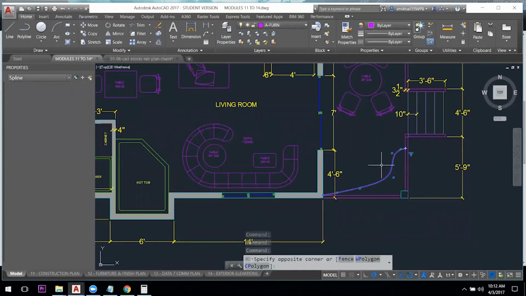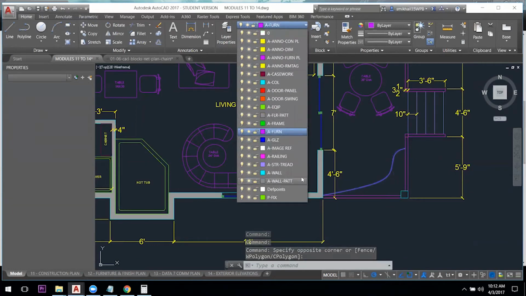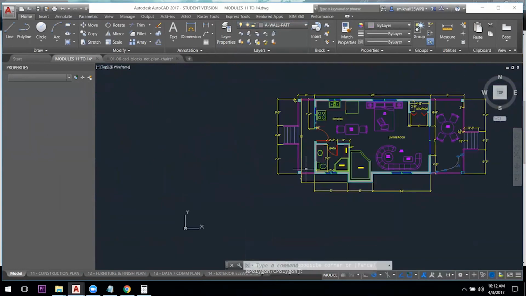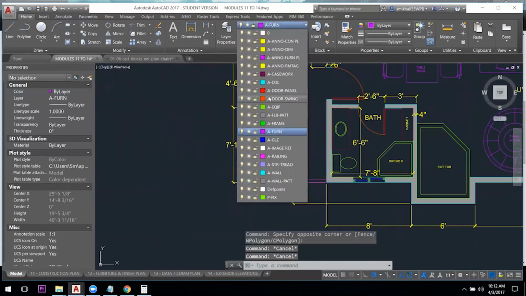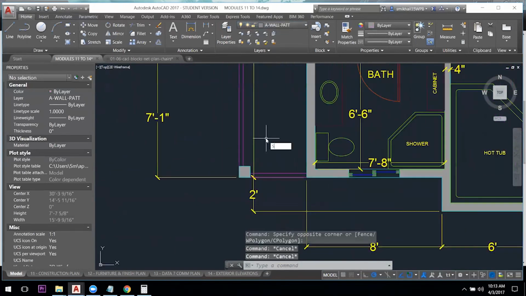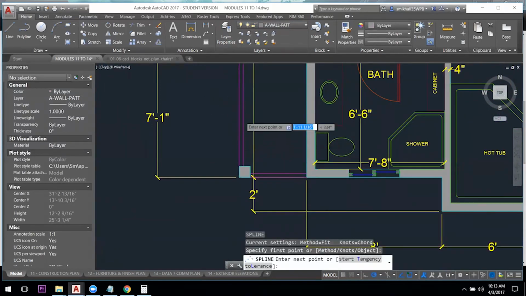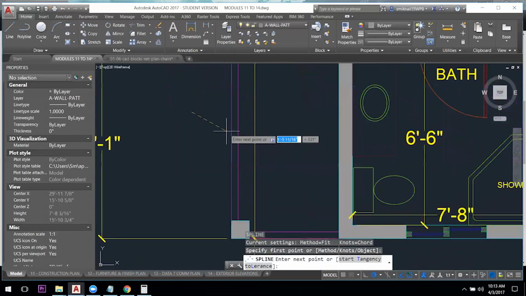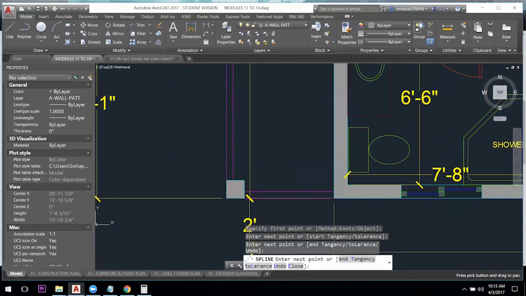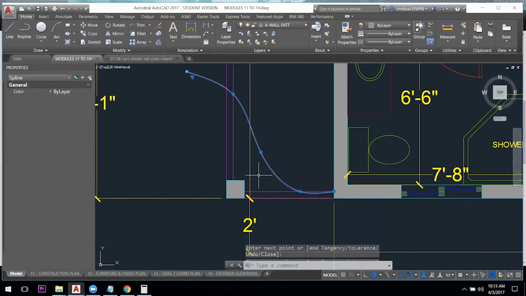And we can take this line and put it under the A-wall pattern, and repeat the same one on the other end. So I'll activate that command or that layer. SPL is for spline, and I'll choose somewhere outside my deck in here, and I'll try to repeat the same thing. And when I finish, hit enter to release the spline,